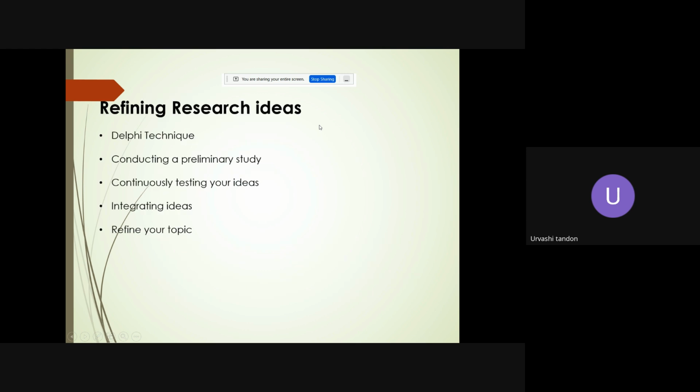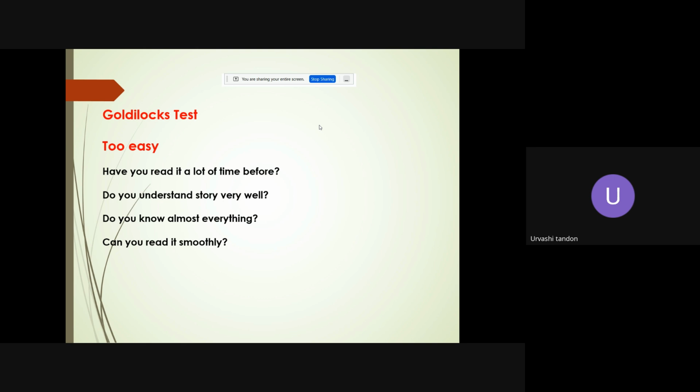It's very difficult at times to sit with the ideas, right? So there are refining techniques where you use the Delphi technique, you talk to the experts, you conduct a preliminary study, you talk with your friends, you discuss with your supervisor, and then I say, okay, fine, I'll just have the Goldilocks test. I hope you all know Goldilocks. So, when you are going through a topic, if you see that you have read it a lot of times before, and you understood the story,